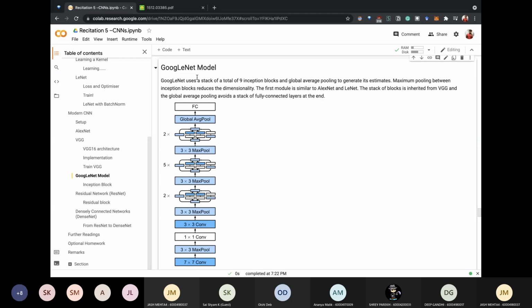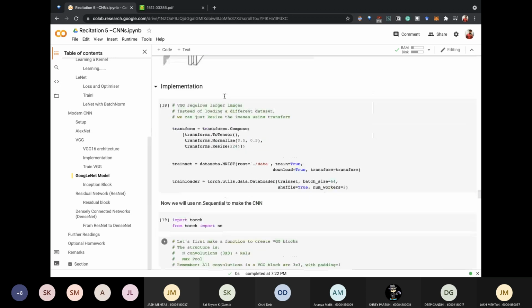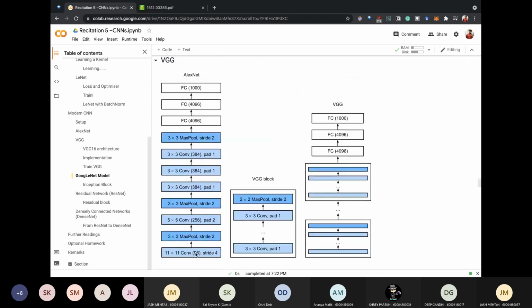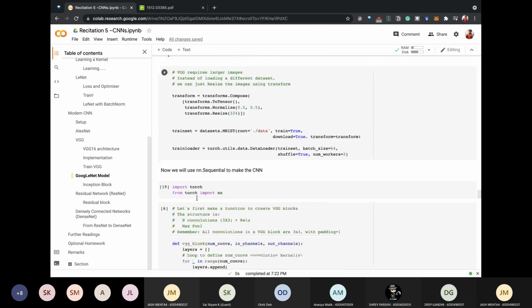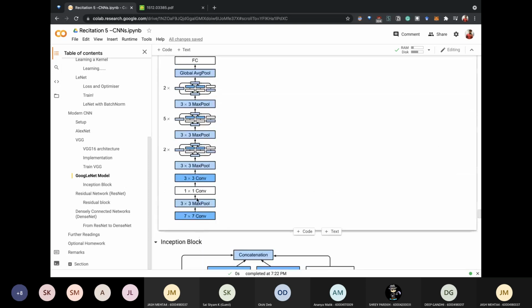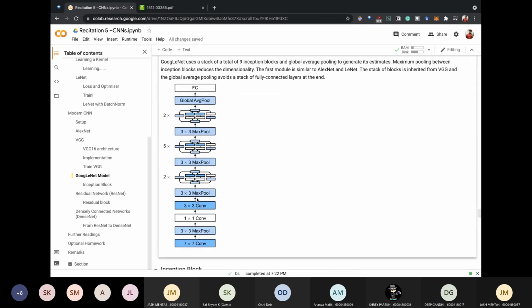Then came the Google LeNet model. Now at Google, the researchers were trying to figure out, if you see here, the models use kernel sizes of 11, 5, 3, and whatnot. So everyone used kernel sizes ranging from 1 to 11, and people at Google were curious about which kernel size to use. While researching that, what they came up with is, what if we use all the kernel sizes